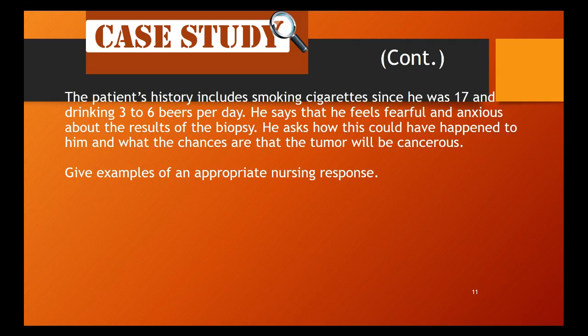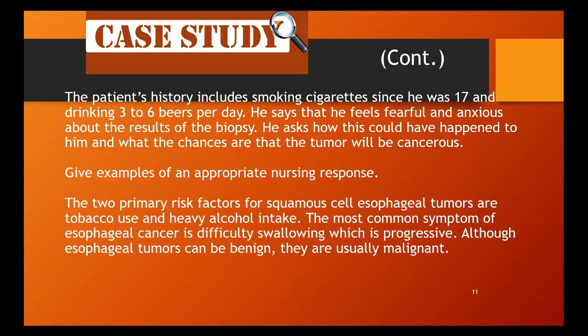What would be an appropriate nursing response to how this could have happened to him and the chances that the tumor will be cancerous? Well, we know from earlier in the study that masses in the esophageal area are typically malignant in some way, shape, or form. That doesn't mean definitively and without exception, so we don't want to lead them either way and exacerbate that anxiety. So something more therapeutic, such as